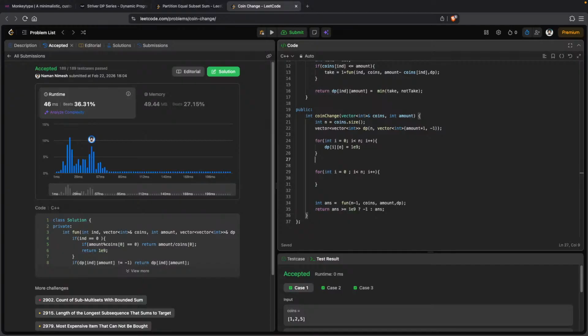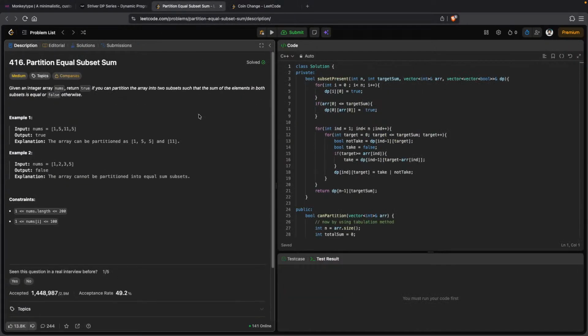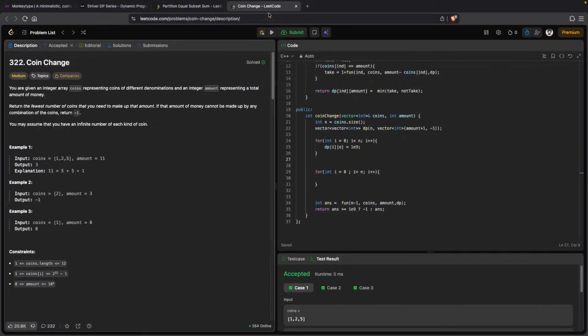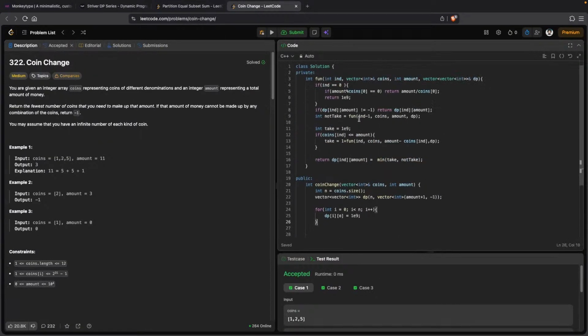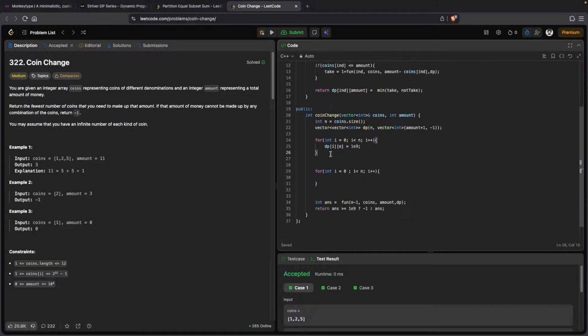And in this question, if the logarithm is less than or equal to, okay. So now we have to know this condition, how we can handle that. Like if the coins index